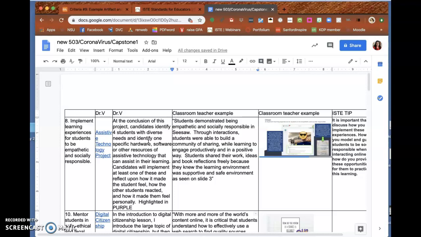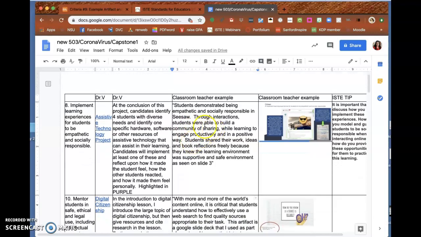Your students are going to be your students, not other teachers. So your meeting of this standard is going to look very different. So ISTE had an example on their training site that I pulled over here, and I need to cite it at the bottom. But I wanted to give you a classroom teacher example. So she did this through Seesaw. And if you click on these pictures, it'll make them bigger, and you can see all of the areas where just that one little screenshot from the teacher's Seesaw page showed that she was doing this for her students.